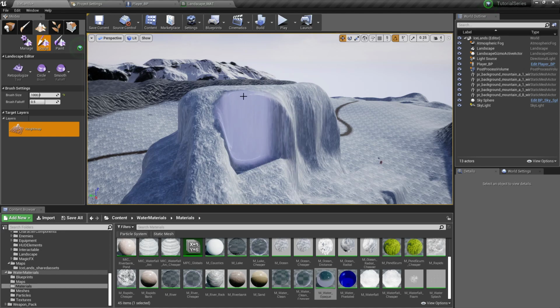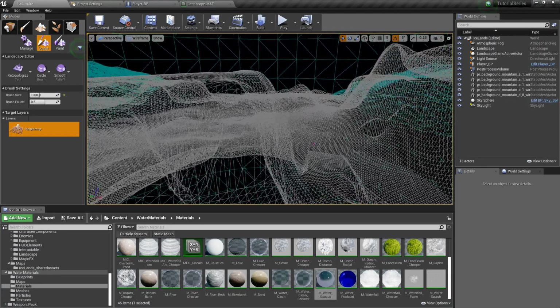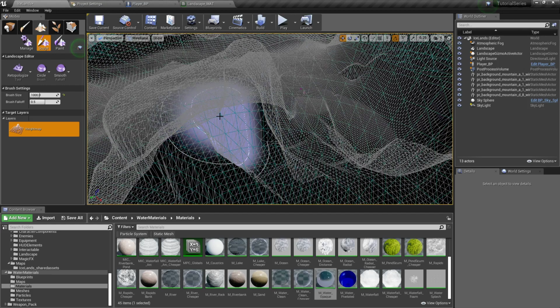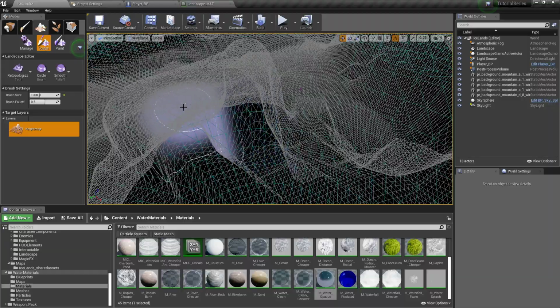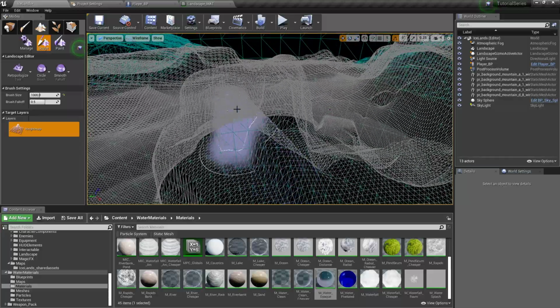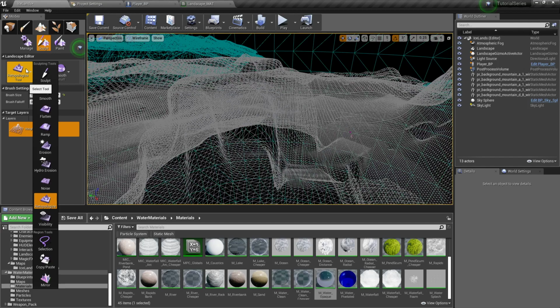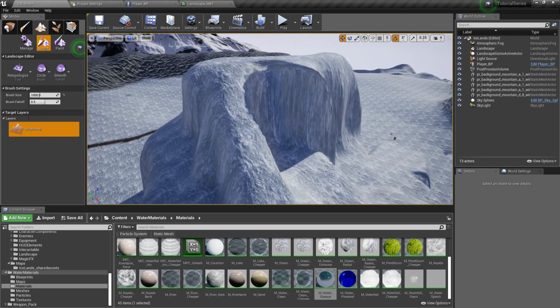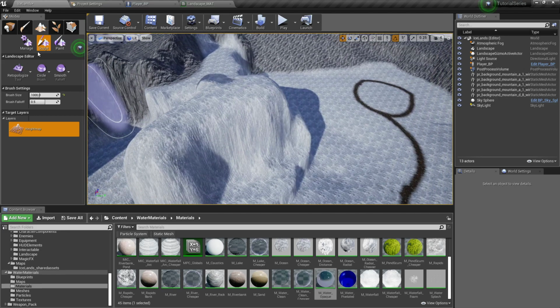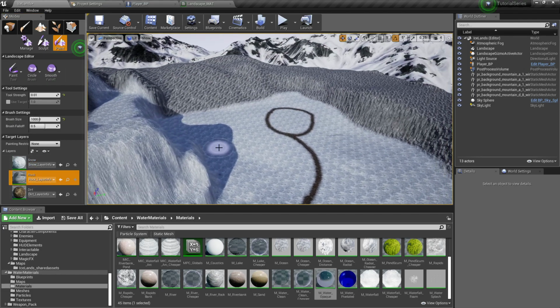See, you can kind of tell it working when we have the lit mode going. I just personally like doing it in wireframe sometimes, because I can just kind of see which area I'm clicking is getting the best results, getting them to move into the area I want them to. And it looks like it's smoothing out that ramp, but it's really just smoothing out the texture on it while the ramp maintains. So you can do that to kind of add as many